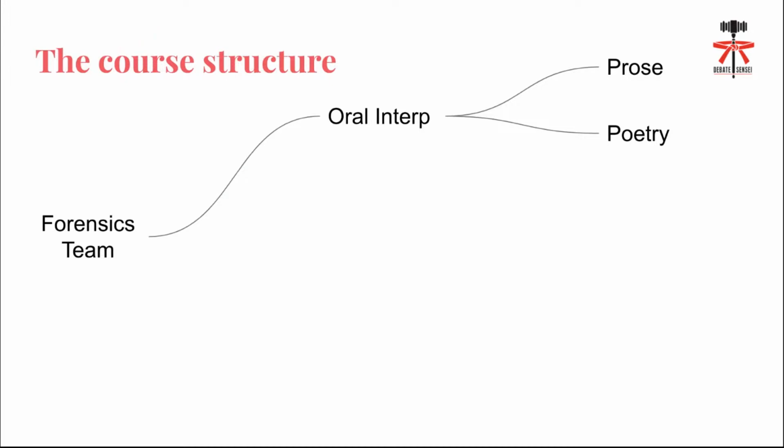So this particular student in this particular example would be enrolled in 4 courses: the forensics team with the 22 different lessons, the oral interpretation course, which has a number of lessons that you will see soon, and the prose course and poetry course, each with a checklist that students need to complete in order to have a fully